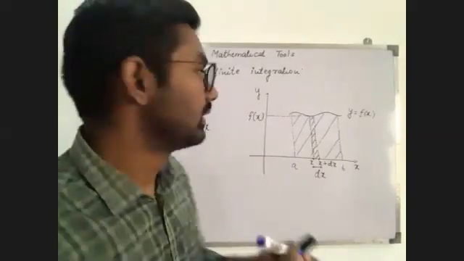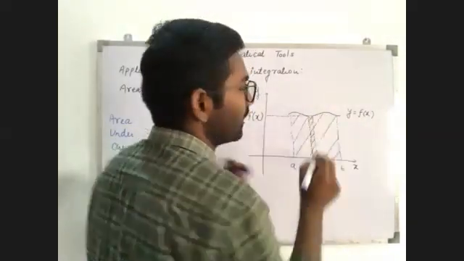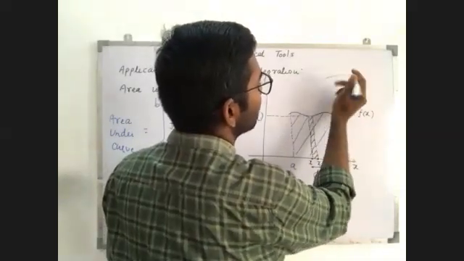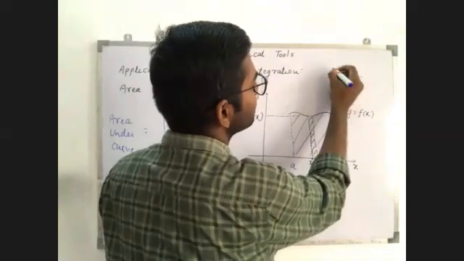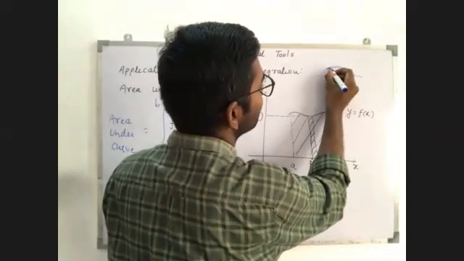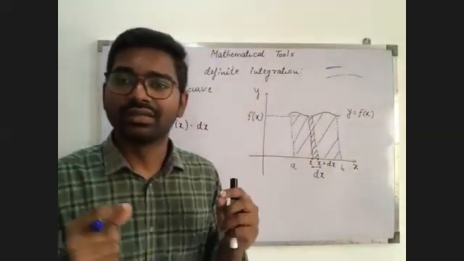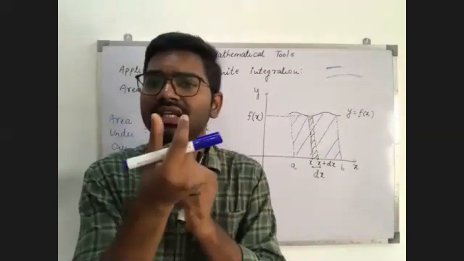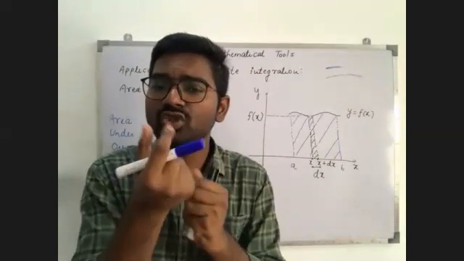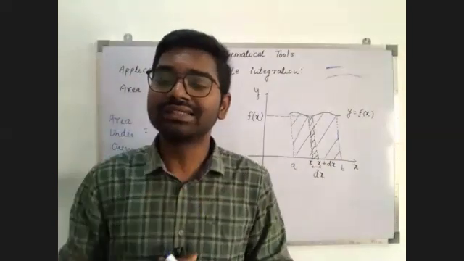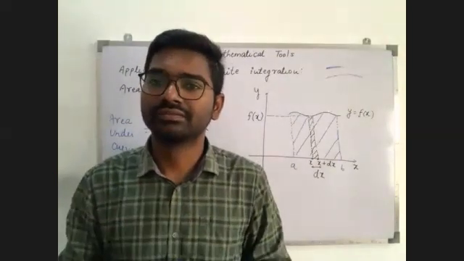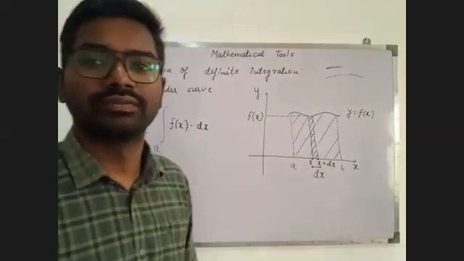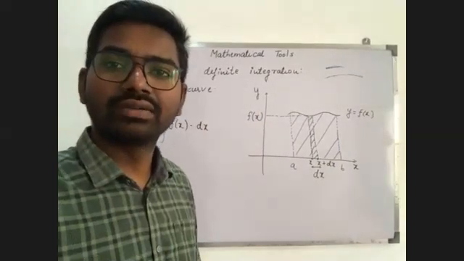Look here, the upper part is a curve, but if the points are very near, then this curve can be assumed as a straight line, because these two points are very near. x and x plus dx are very near. So can I say that the distance between them can be assumed as a straight line, even though it is a curve? Did you get it? Good. Anyone else having any doubt?